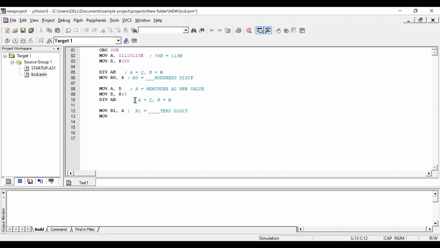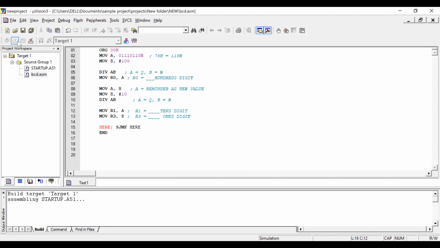Now last instruction, I'm taking R3 instruction. I'm just pushing B value, which is the remainder. R3 will be having a value which seems to be ones. Fine. So now I'm going to end my program here. Let's use the short jump to end here, loop, and fine. So this is how you have to write the program, depending on the flowchart.